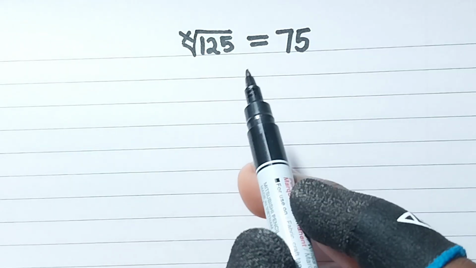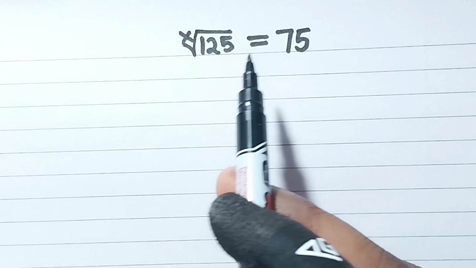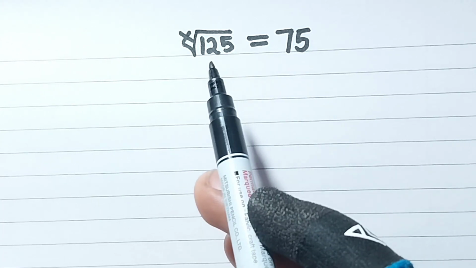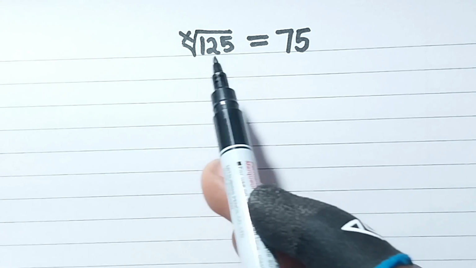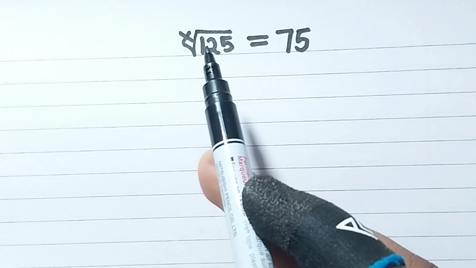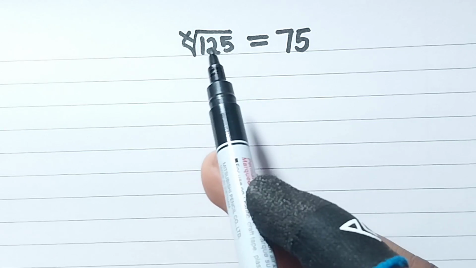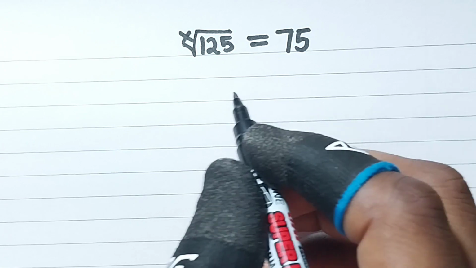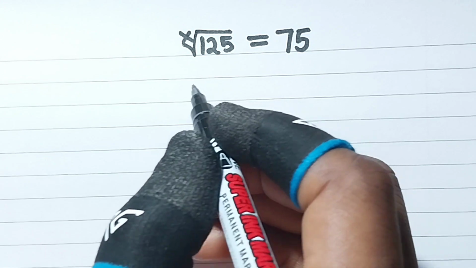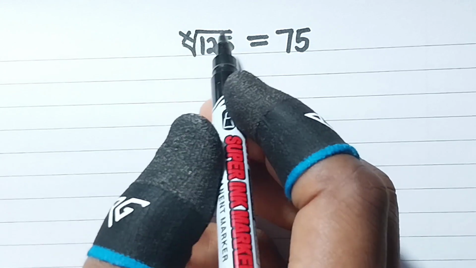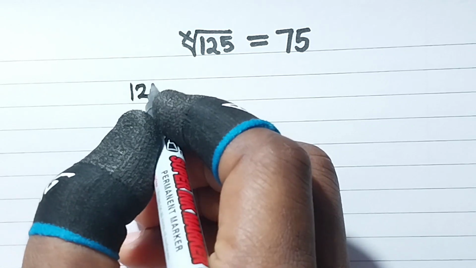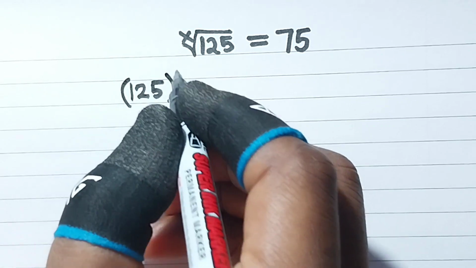In this video, we are required to solve for x, given that the x root of 125 is equal to 75. Now, we need to first break down each of these numbers if possible, and then express x root of 125 as 125 raised to power 1 over x according to the law of indices. So doing that, x root of 125 becomes 125 raised to power 1 over x